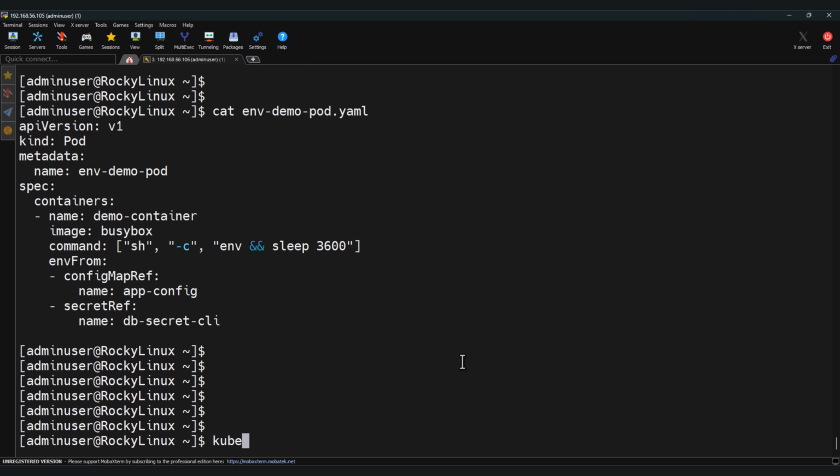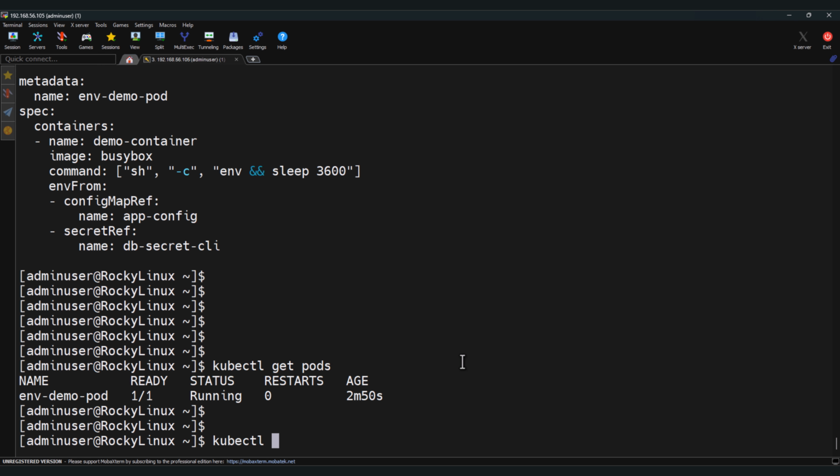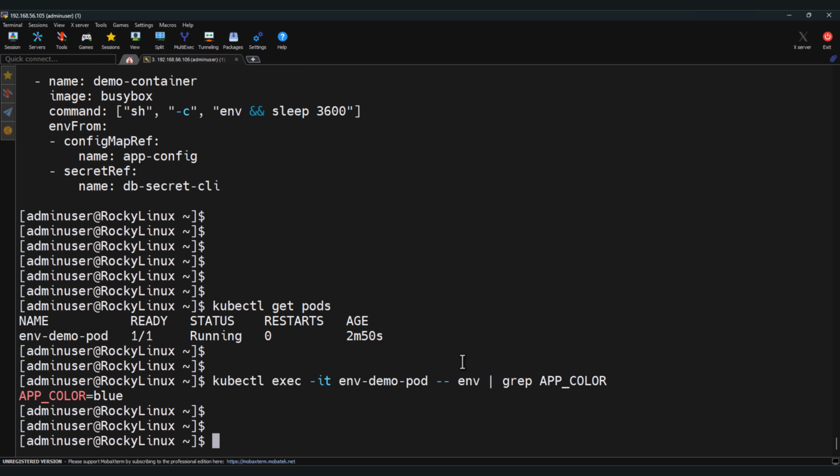So we can verify with kubectl exec -it, get pods, then kubectl exec -it env-demo-pod. Without logging into the pod, we can check the values. So APP_COLOR equals blue. Like that we can also check